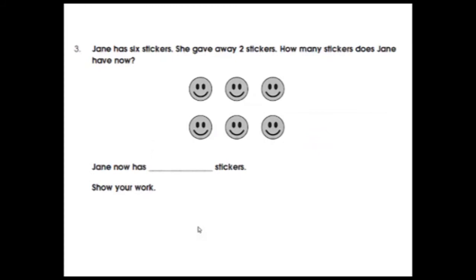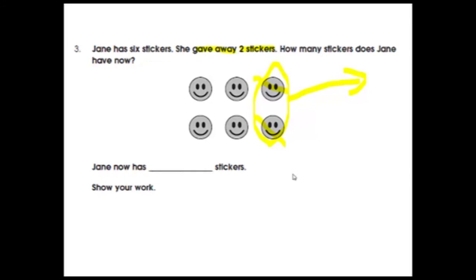So Jane has 6 stickers. She gave away 2. How many does she have now? And so the children are asked to complete the sentence at the bottom and show their work. So this may involve them crossing out 2, or they might do something where they circle 2 and give them away, kind of thing. And so the question is, are they able to take the picture of the 6 stickers, and you see that's very much scaffolded. They're not even asked to draw the 6 stickers, and then perform the action of giving them